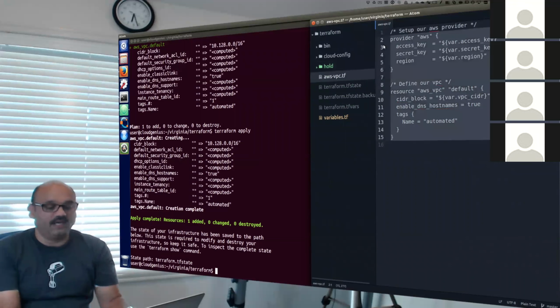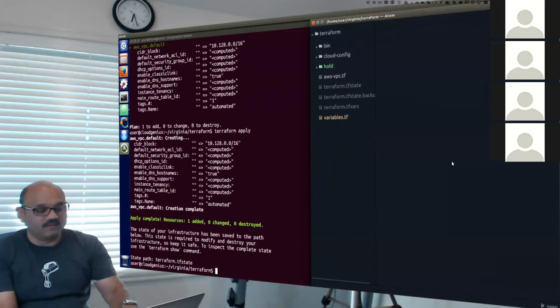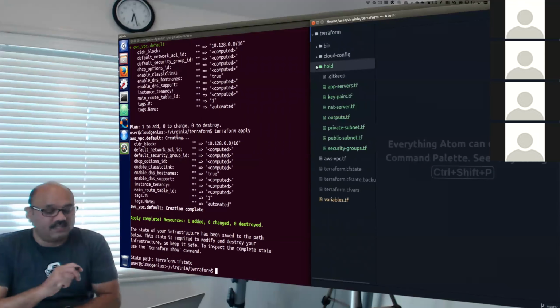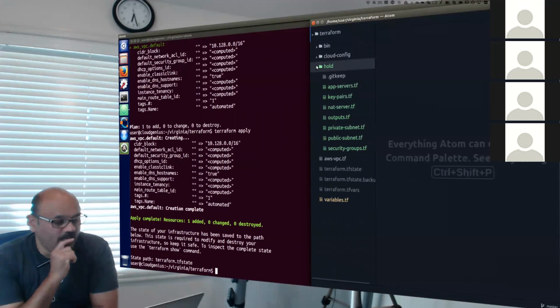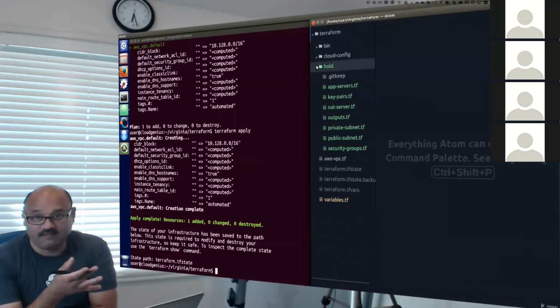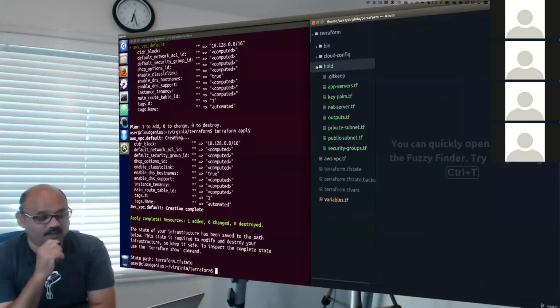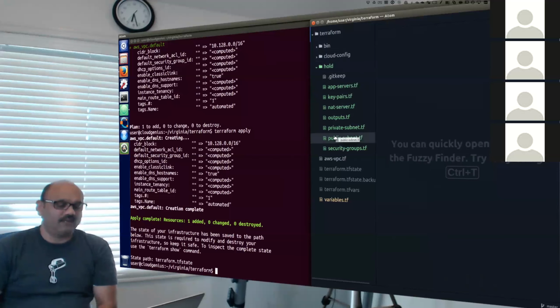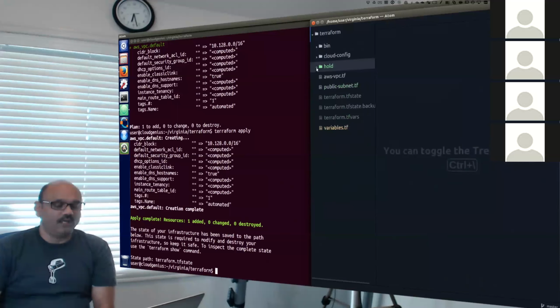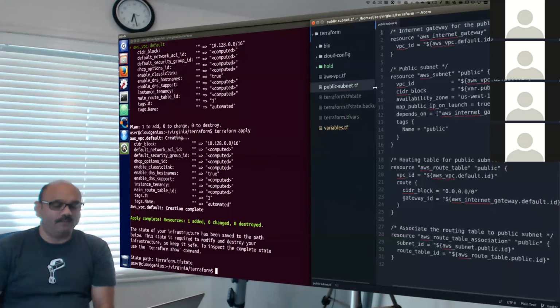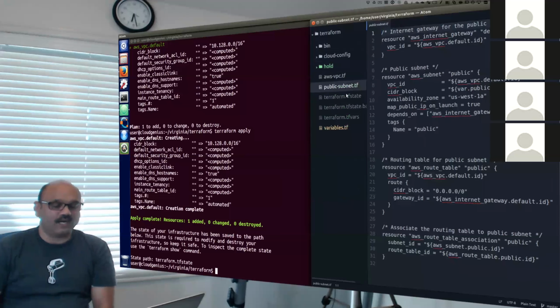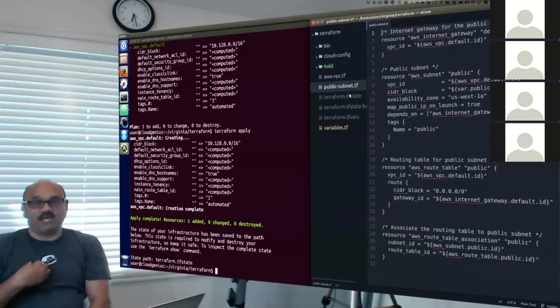It defines an AWS VPC resource. I'm going to close that file and leave it there. But then go to the hold area and look at some other interesting things. For example, I want to create a public subnet, right? I have a VPC, so I want to create a public subnet. So why not take a public subnet file out into the main folder and drop it there. So my hold folder, I'll close, but then I have this new file open in my main folder, which is going to describe a public subnet for me.